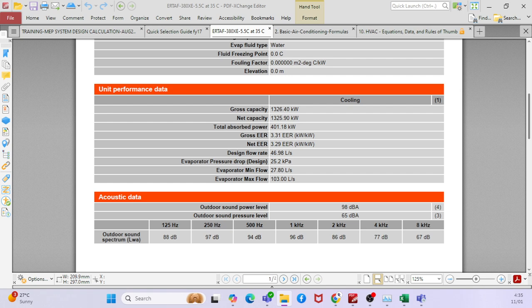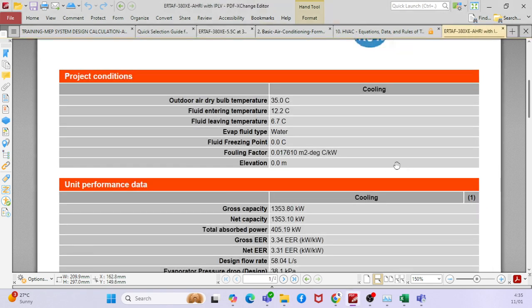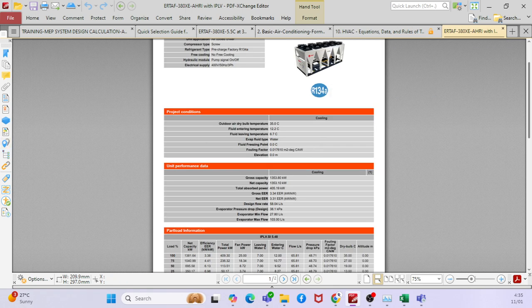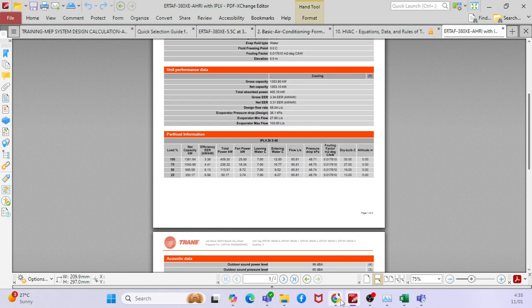Then if you go to one of the selections, as we discussed last time, this is the IPLV value. But you had a formula, right? That is like 100% into. So that one, if you go to, as I said last time,